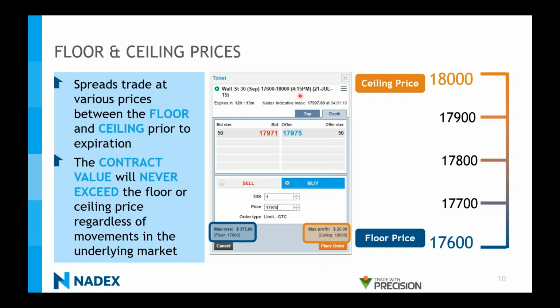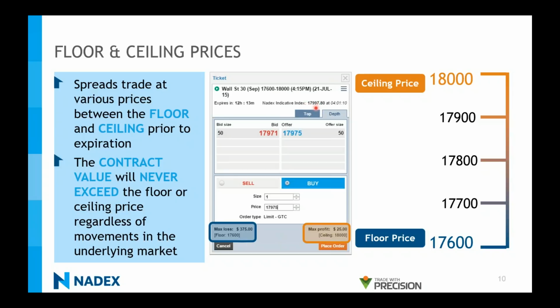Here we also have the expiry cycle, when this contract will expire, 4:15 in the afternoon and 4:15, and also the date. Now, the big benefit of trading here at Nadex, you do know your risk exposure up front. So if you want to buy this contract here, and I will show you in just a moment why buying